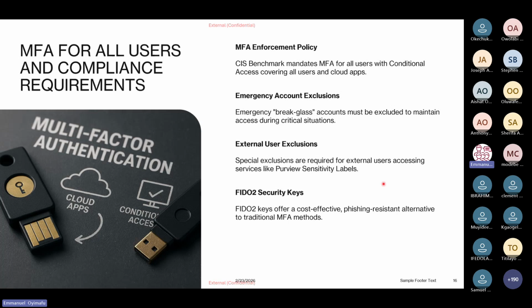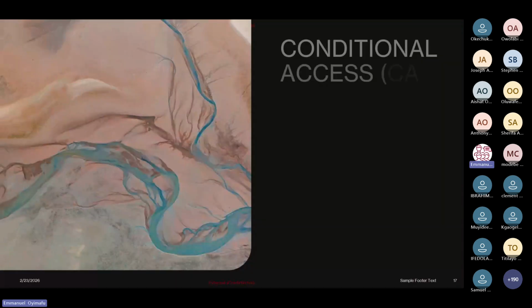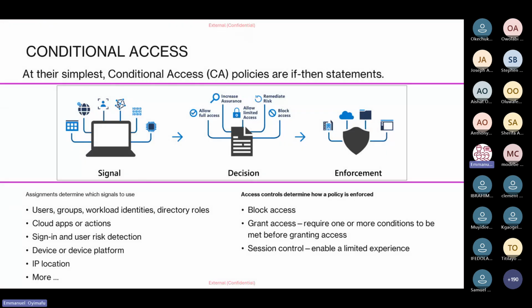So we'll just move to our next part because we have to round up fast so we can move to question and answer. So I just want to talk about conditional access policy with this image. So conditional access policy works with signals. One of the signals is the browser. So this is the browser. So with this device, you can do a conditional access policy that works on browsers. You can do a conditional access policy that even limits the device types that the user is trying to sign in with.